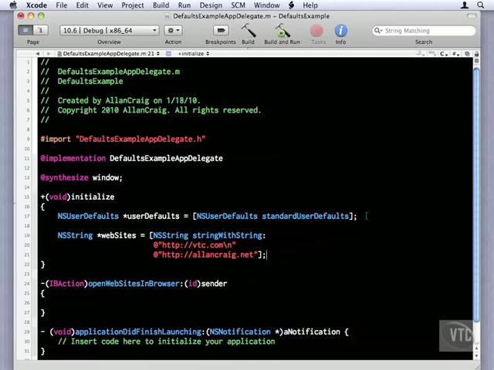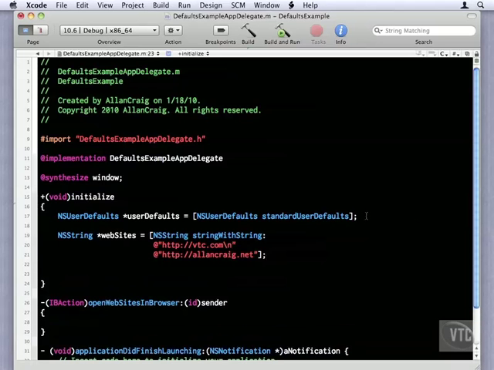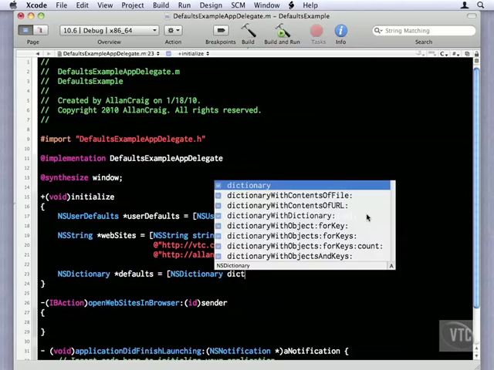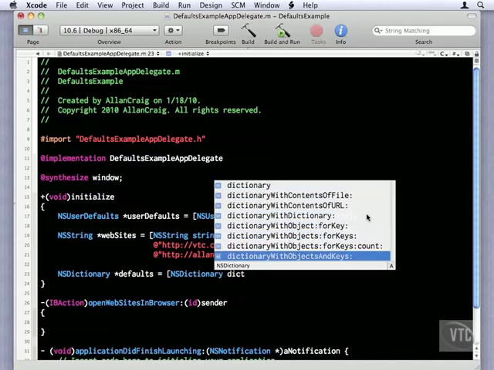Okay, so we've created our string, and now we need to create a dictionary to put our string in, because NSUserDefaults needs a dictionary. So I'm going to say NSDictionary defaults. I'm going to use the class method dictionaryWithObjects and keys. And now that I've just started typing dictionary, I'm going to hit the escape key. It's going to pull up a completion window for me, showing me the methods that have this name associated with it. The more I type, the more narrowed down this list will get. Since I can see the one I'm looking for, I'm just going to arrow down to it, hit the return key,